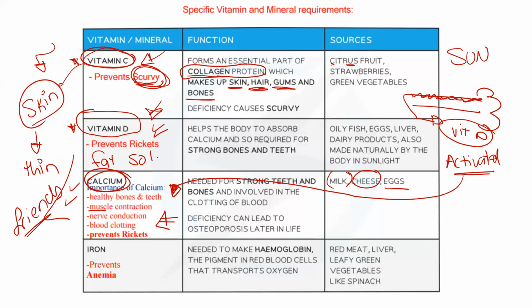It's important for your muscle contraction. It's important for the sending of nerves. It is important in blood clotting. In case you don't know what blood clotting is, when you're wounded, do you keep on bleeding forever or the bleeding stops? No, specialized cells called platelets, they come and block the wound. You are correct. And calcium also helps in blood clotting. It helps that you do not keep on bleeding forever.